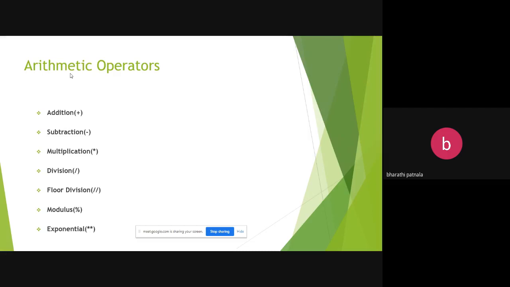For example, 10 by 3 gives the result 3.33333. Whereas in Java or earlier C programming, slash is used to retrieve only the quotient of a division. But here single slash is used to retrieve decimal point values.